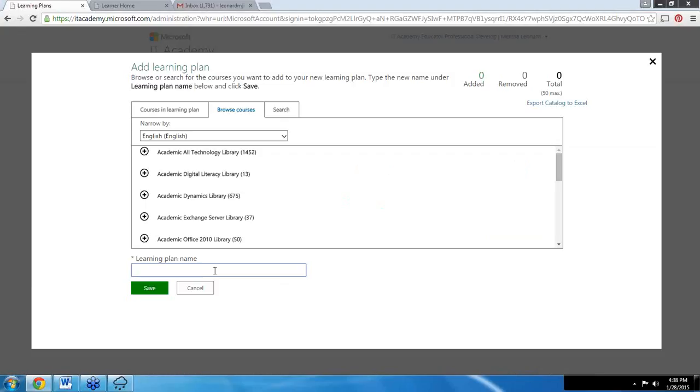So I'm going to give it a name here. I'm just going to call it GADOE, and I'll give it today's date. I barely could remember what today's date is. Okay. And then all you would need to do from here is you can just scroll through all of these